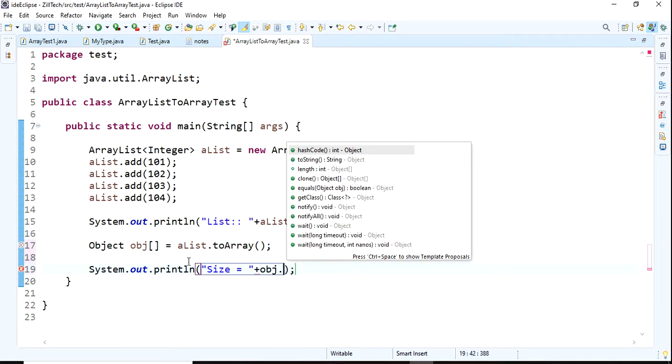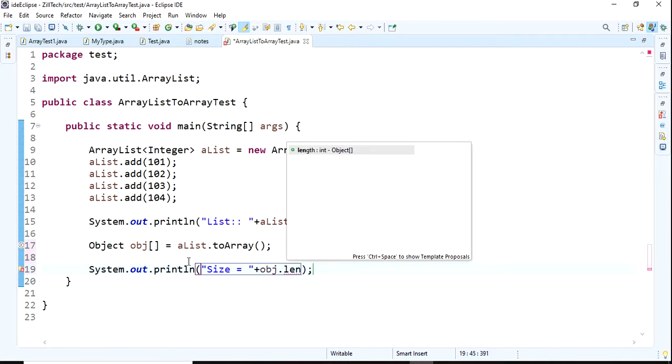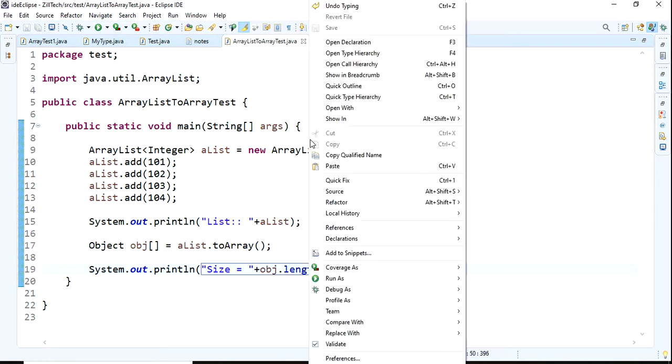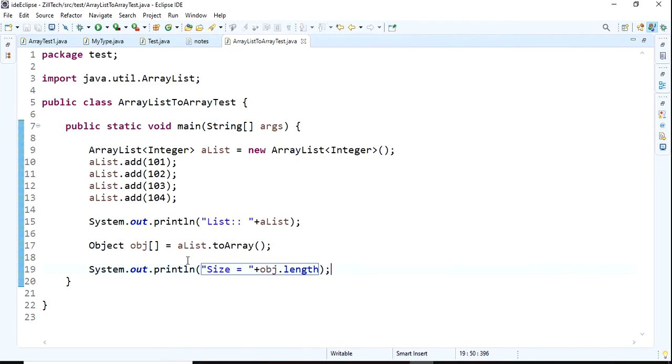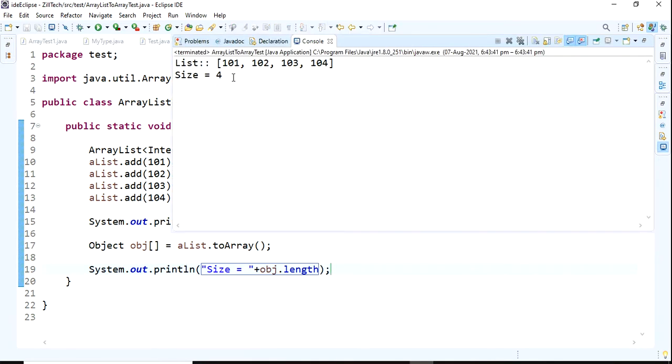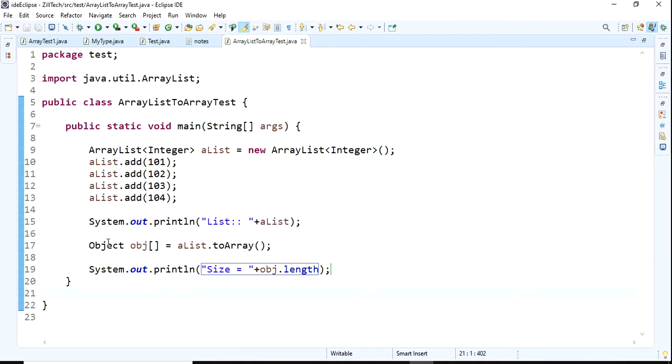In an array we have one variable, length. obj.length will display the length of that. The size is 4. Now this is an object type.